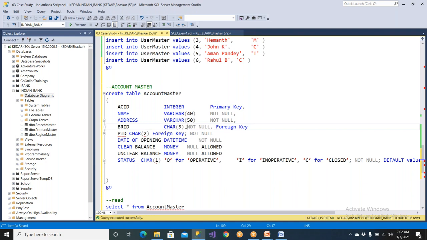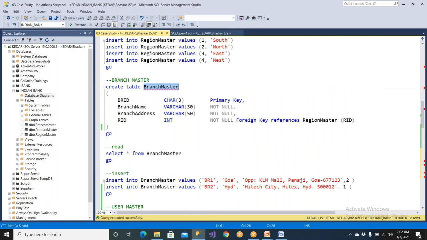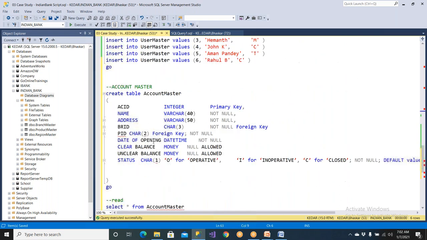So it is not null and it is a foreign key. So you need to remove the comma here. So foreign key means what? It is a foreign key here. So for a primary key, there has to be a primary key table. So there is a branch master. That we have created. So this is the primary key table, right? And copy, and this is the primary key. So you need to clearly say foreign key